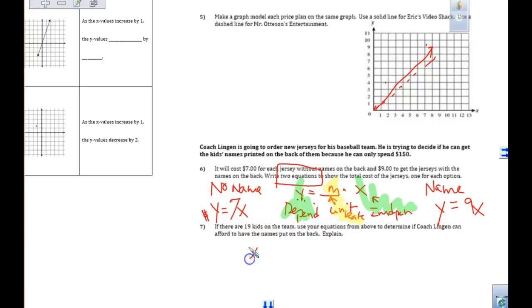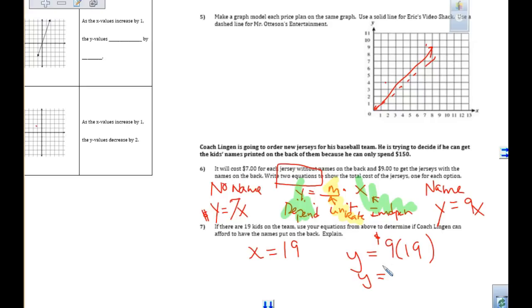And what you're going to do now for question number 7 is it says determine, use 19 kids on the team. So that means x, that's our independent variable, x is equal to 19. So which equation should I be using? The one with the no name or the name? The name. So y equals 9 times 19 people. So it's $9 per jersey times the 19, which means my cost was,